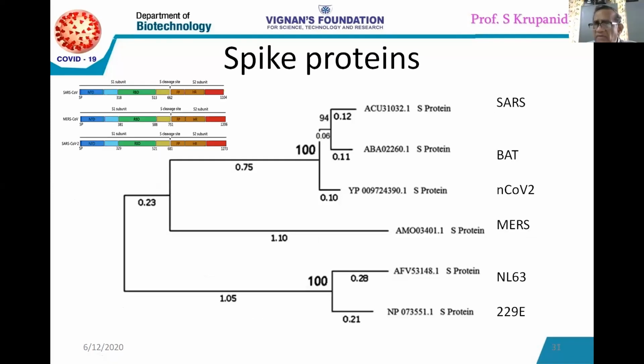Now, this is another phylogram, made not using the genome but using the protein sequence. The protein sequence here is the spike protein that I have taken. The spike protein sequence is like this, and it has both S1 subunit and S2 subunit. Taking the spike protein into consideration, this type of graph has come. So these two graphs are ditto.